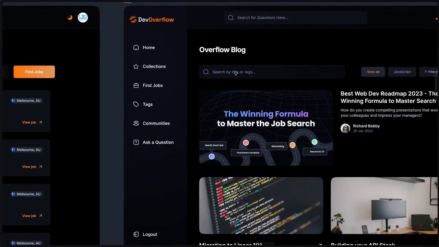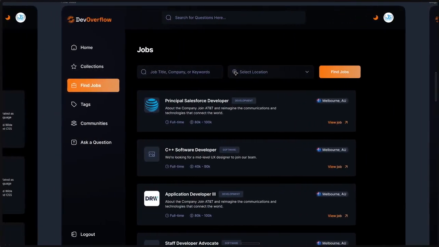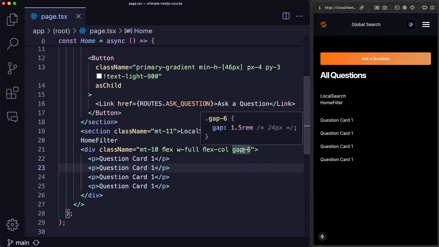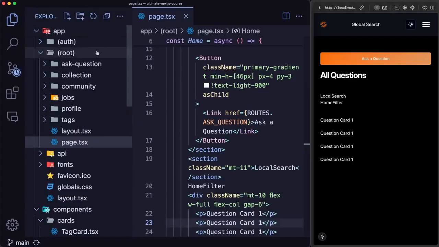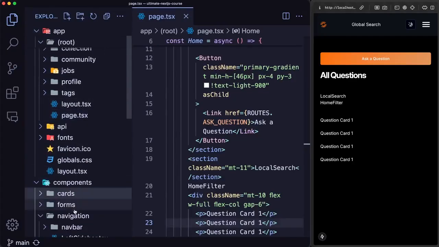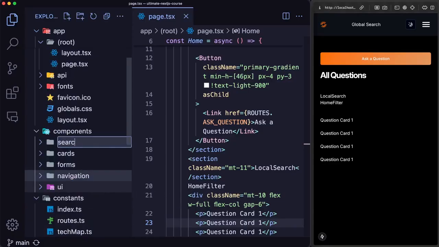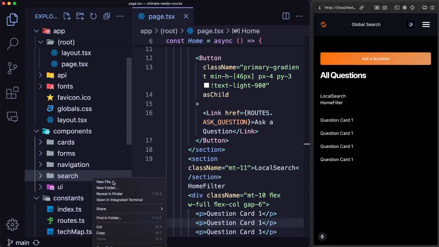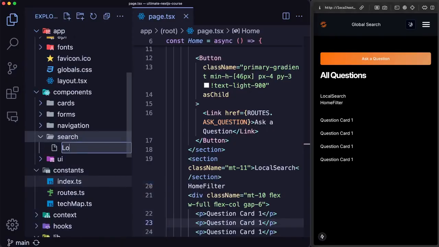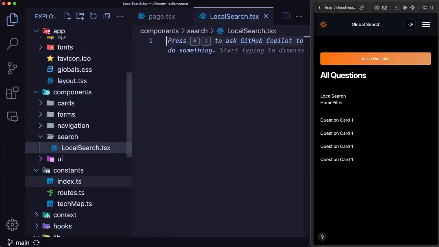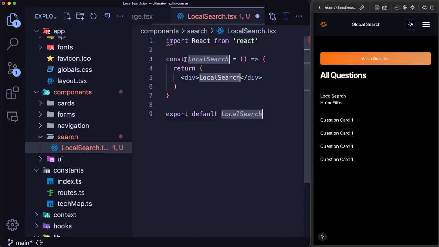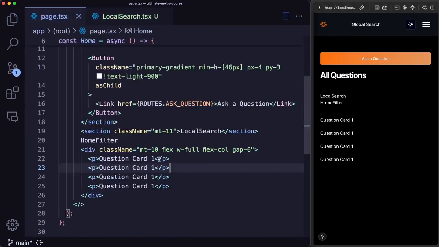So this is a perfect example of a component that has to be made completely reusable so that it can match any scenario we put it in. So to get started creating the local search bar component, let's head over to Components, create a new folder, and I'll call it Search. And within the Search folder, create a new component called LocalSearch.tsx. Run RAFCE,